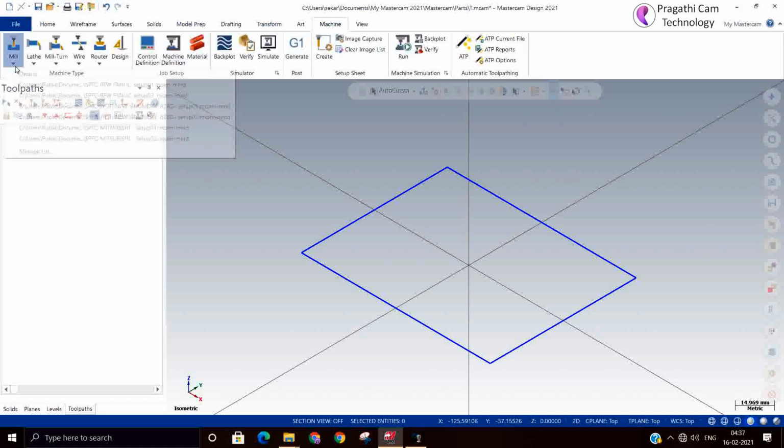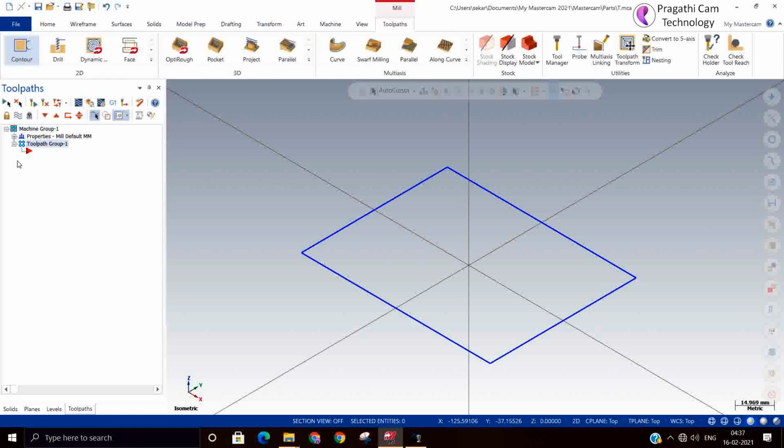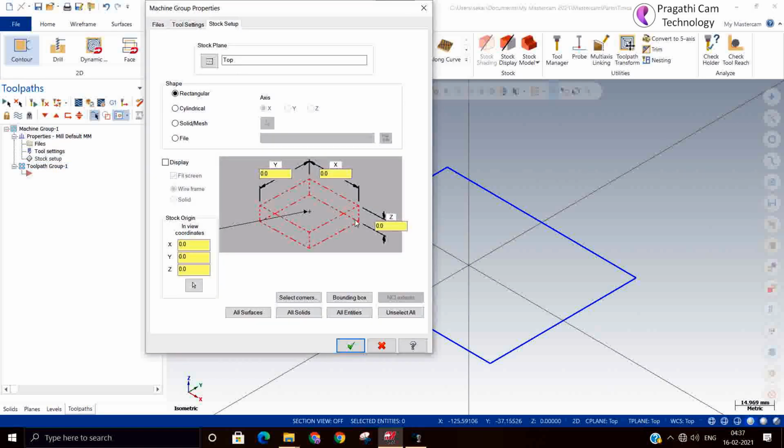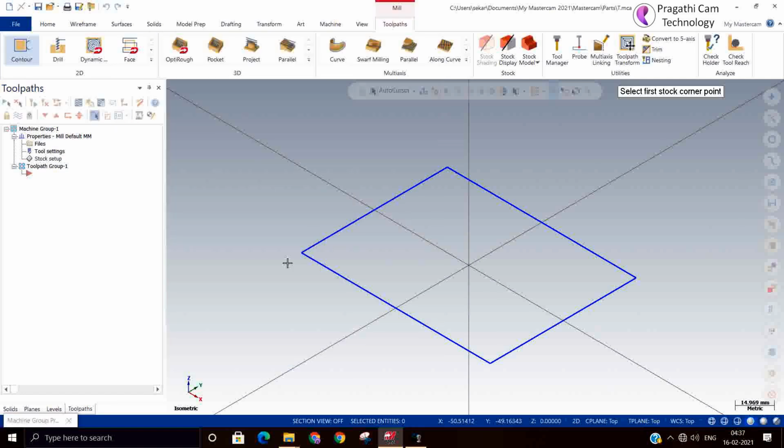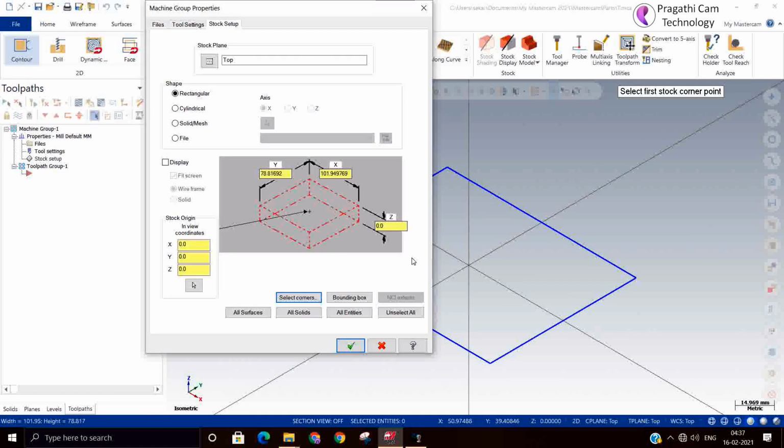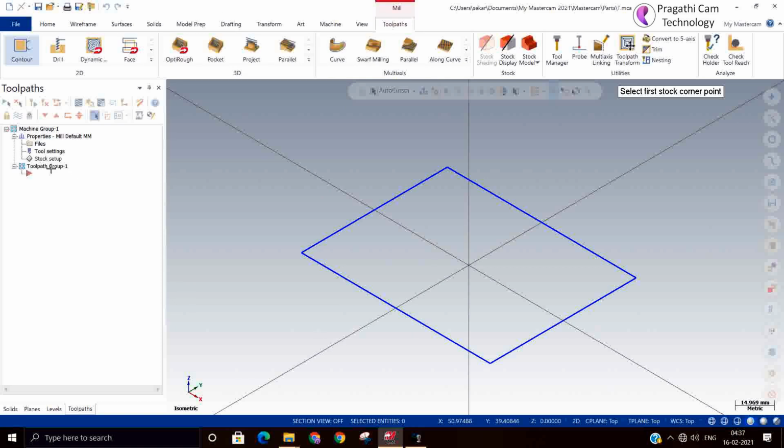So now I just define that stock. From this corner to this corner, and the thickness 25 mm. Can give 20 mm, no problem. Okay, I switch on the display.